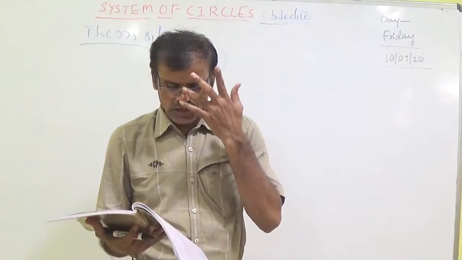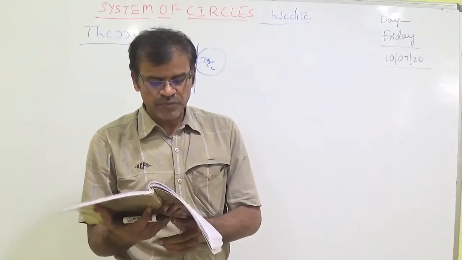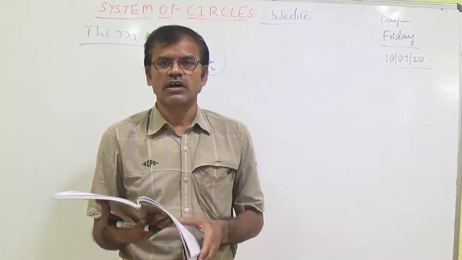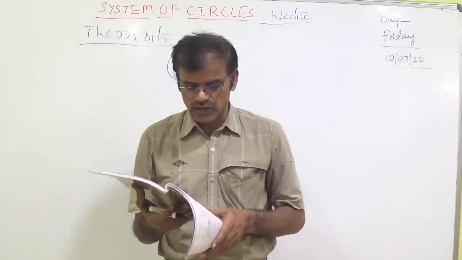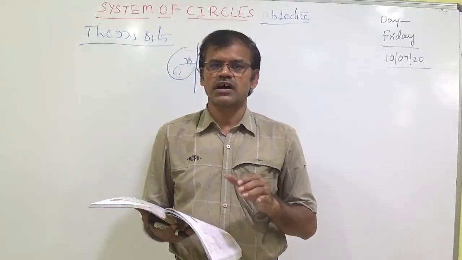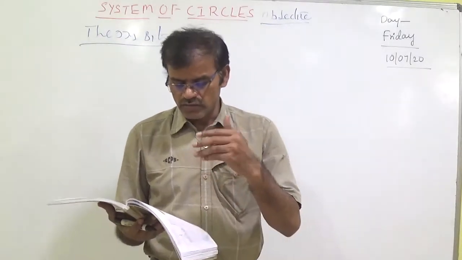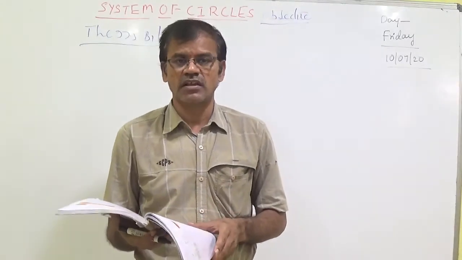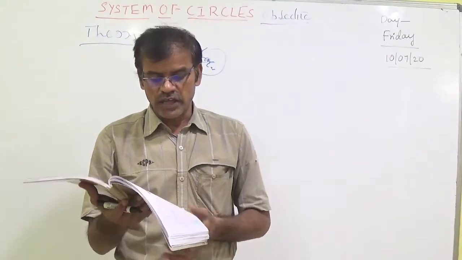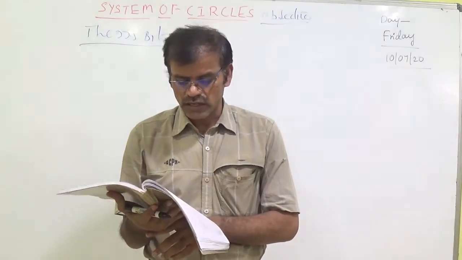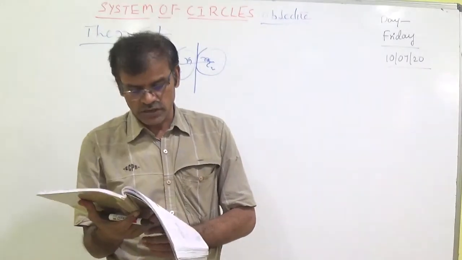Simple concept. Students, a radical axis exists not for any two circles. Whatever definition I said in IPE, the radical axis exists for non-concentric circles. If there are concentric circles, there will not be a radical axis. So it is wrong for any two circles, and any two non-concentric circles is correct. The fourth question is the third option.